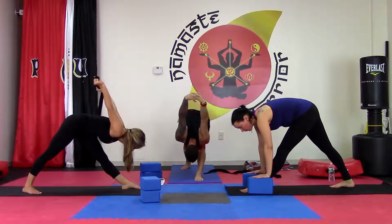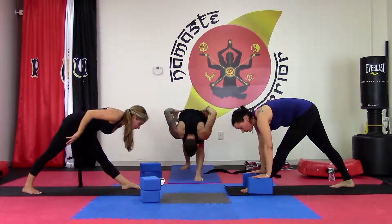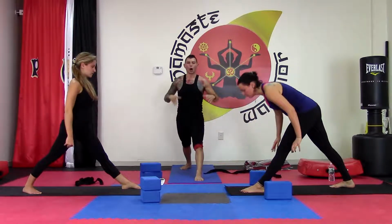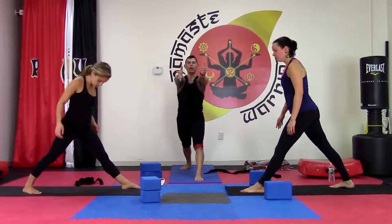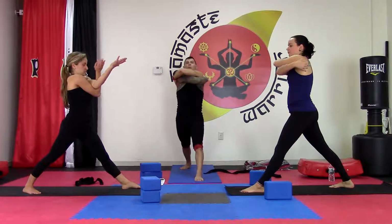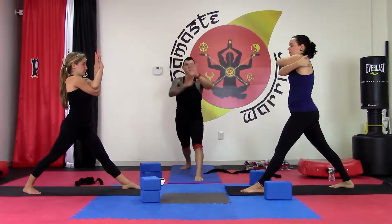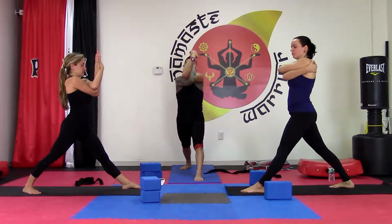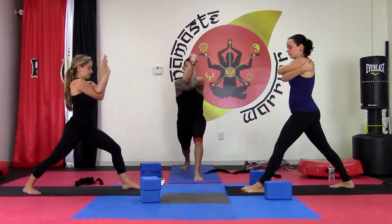Excellent. Okay, release the hands to the hips and lift your upper body up. Drop the strap to the side. Arms in front, left elbow over right. Either wrap your arms around, grab your shin bones, feel the stretch in between your rhomboid muscles, or wrap the arms around. And then bend the front knee, slide the back foot